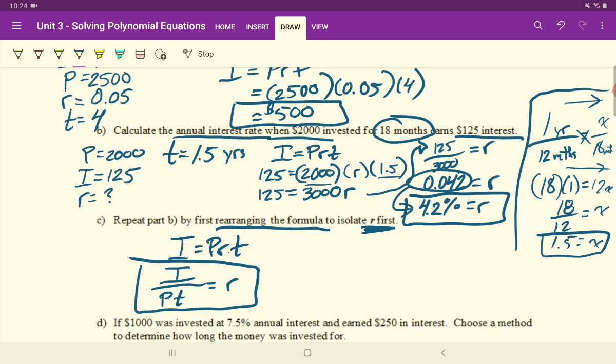And you may be liking this method more than the other. I feel like substituting the values in is easier. I mean, this was a straightforward formula, but formulas can get more complicated. And when you substitute in values, you'll find that you can simplify it a little bit to make it easier to solve for the variable. Whereas in this method, there's nothing to simplify. You just have to really know how to isolate for a variable, and you got to follow all the proper rules to do that. So I think it is a little bit easier to do the method we used in